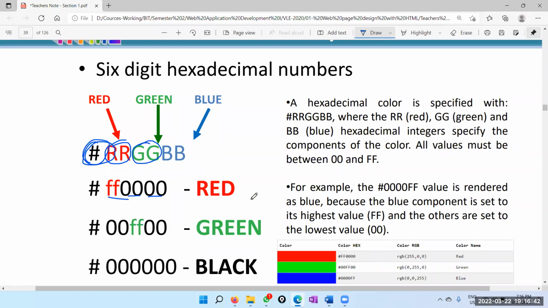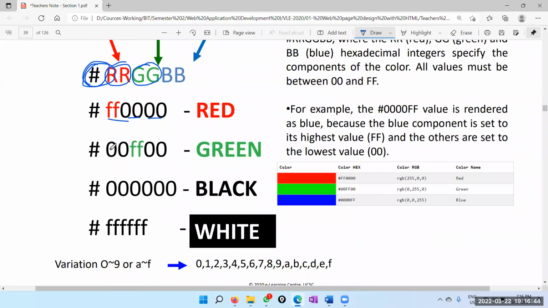00 FF 00 means pure green. Likewise 0000 FF means pure blue. If all are 0, it is black, because nothing is there means it's dark black, and everything is 100% means white, right? Everything is 100% means white color. Okay,